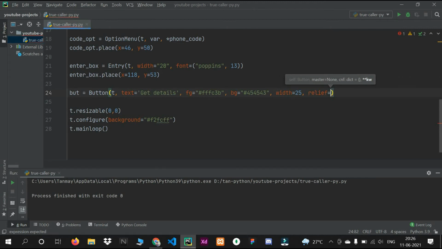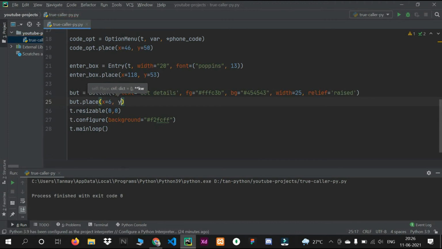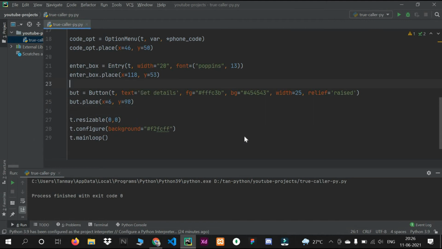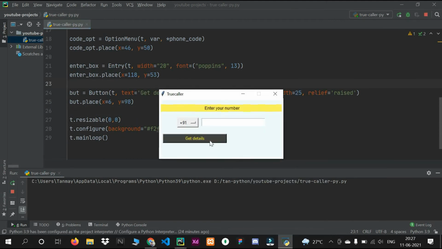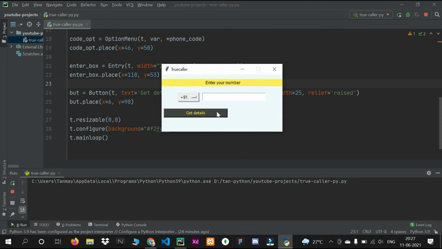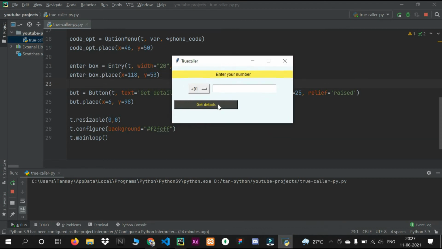So for relief I will use raised, and then let's say but dot place, x 66 and then y equal to 98. So let's see how it looks. So this is our button, so you can make it center or anywhere. So this is what our simple GUI looks like.